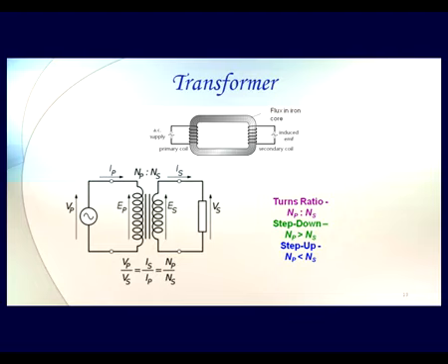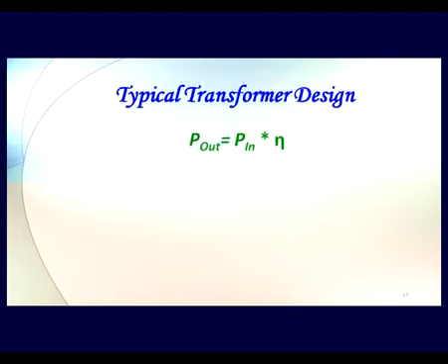There we used to operate these tubes at very high voltages of, say, some 1 kilovolt or 2 kilovolt. At that point of time, we had to convert the 230 volt AC into that kind of high voltage of kilovolt. So there we use the step up transformer. If we want to, say, design a typical transformer, then two things come into picture. One is the power input that we are going to give to the transformer, and what is the power output we are getting out of that transformer.